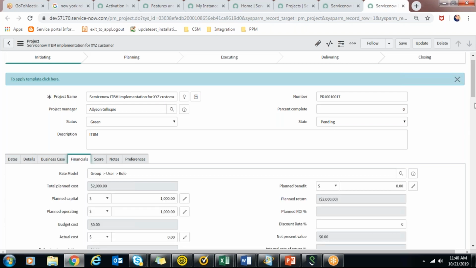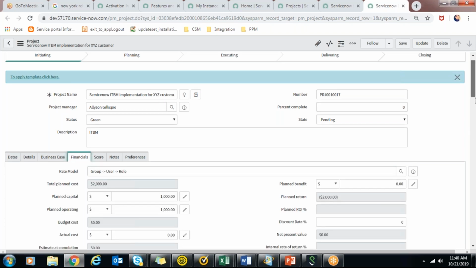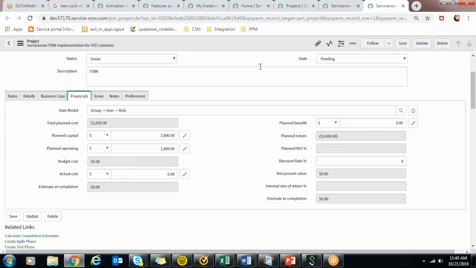In financials, you can see that since we had this automatic calculation, planned capital and planned operating are added together as my total planned cost, and planned return is just defined here. You can edit it by planned benefit and all.